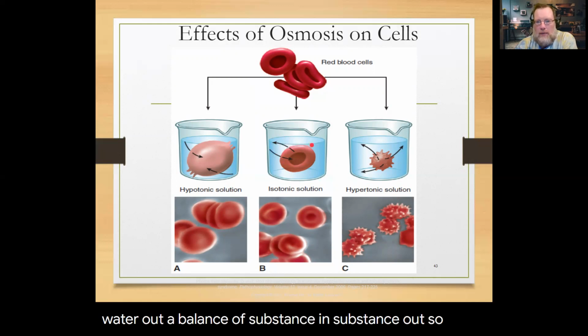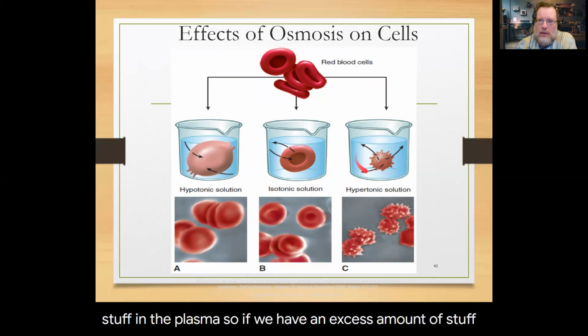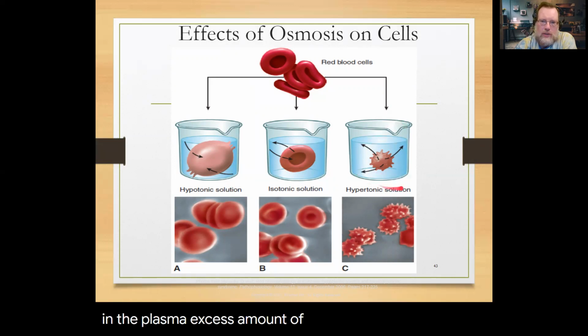So if this solution represents the plasma of the blood, what we can sometimes see is an increase in too much stuff in the plasma. So if we have an excess amount of solutes in the plasma,